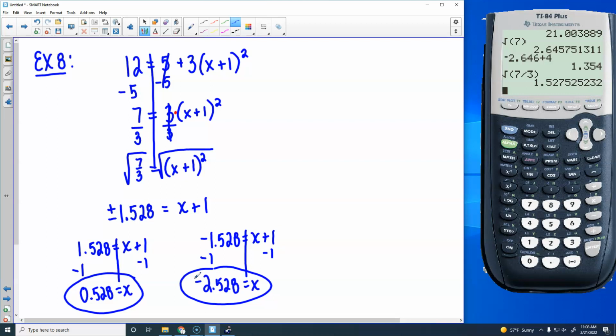Okay, so I have a worksheet that we're going to